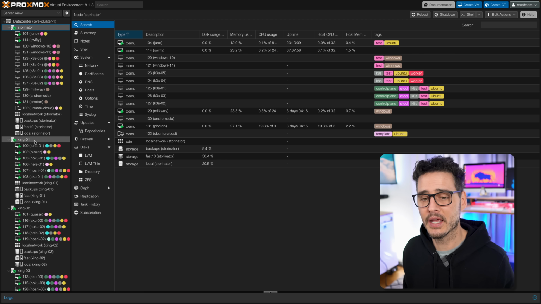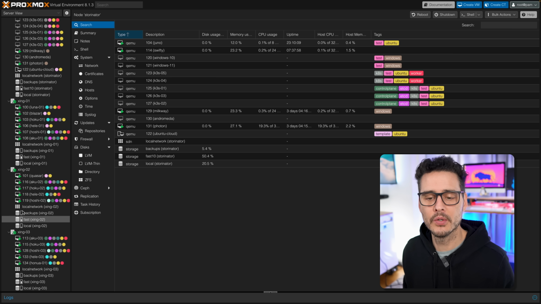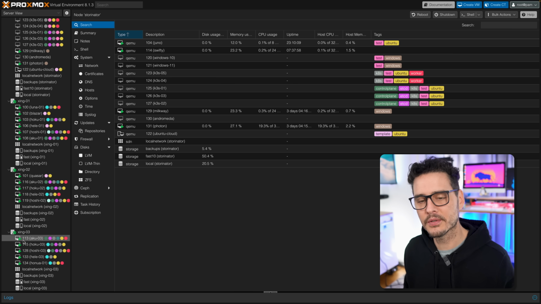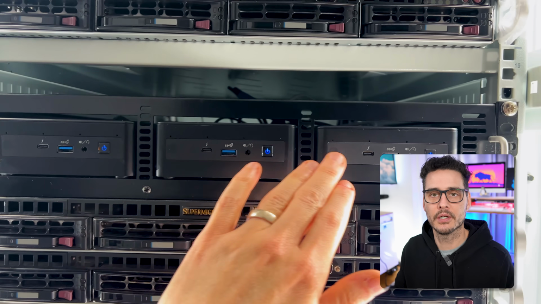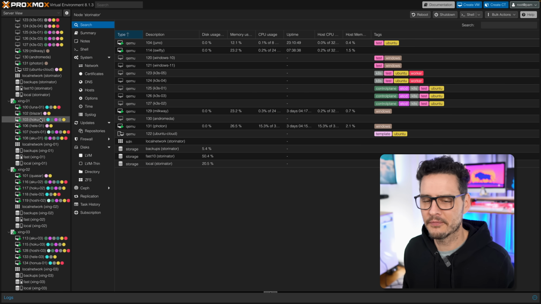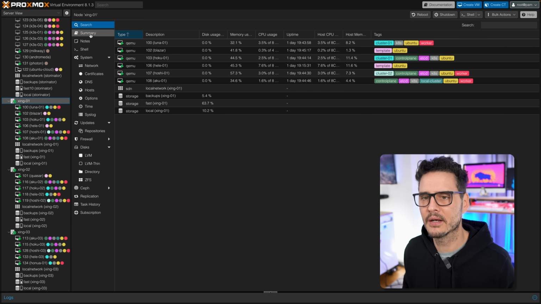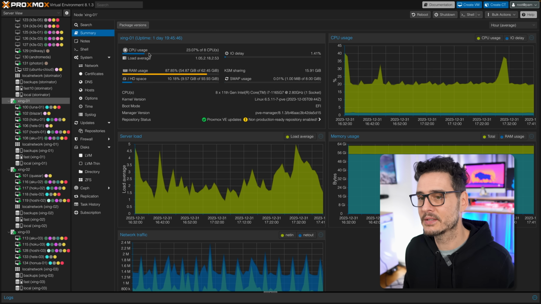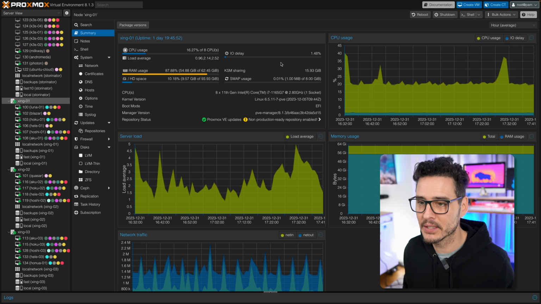And then you can see I have, let me see, 1, 2, 3. So this is Xing 1, 2, and 3. I've migrated all of my services to these Intel NUCs, and they're running here. And so I have 1, 2, 3, 4, 5, 6 virtual machines you can see here. They're all running fine. You can see the CPU usage is pretty good. 8 CPUs or 8 logical cores on each of these. IO delay is pretty low.